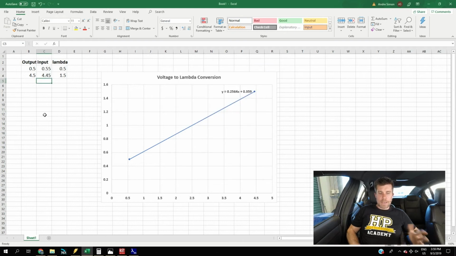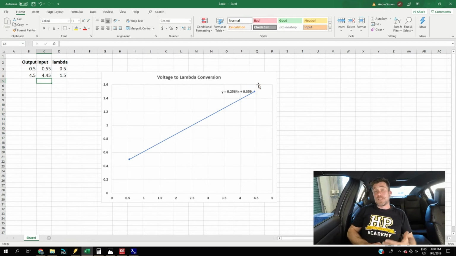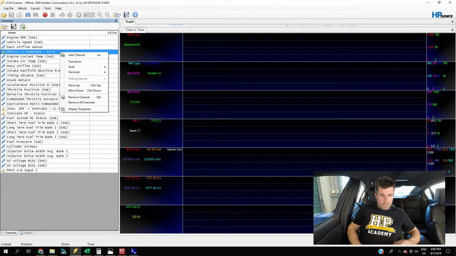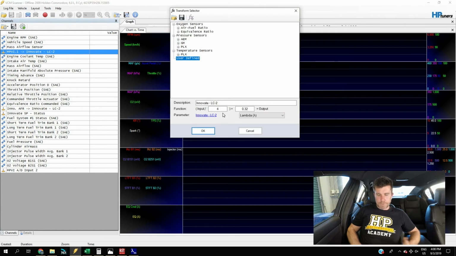Pretty simple. With all of that data, we're going to create a simple XY scatter plot here. It's only 2 points, so it's really straightforward, and then we're going to fit a trend line and generate an equation there, and that's our equation right there. So we need that equation. I know it's a long-winded way of getting to it, but it really is straightforward. We need that equation in order to create our transform function, which we found back here. Let's have a look at the one we've actually got. If we right click on any of these inputs and click transform, it will show us our transform function.